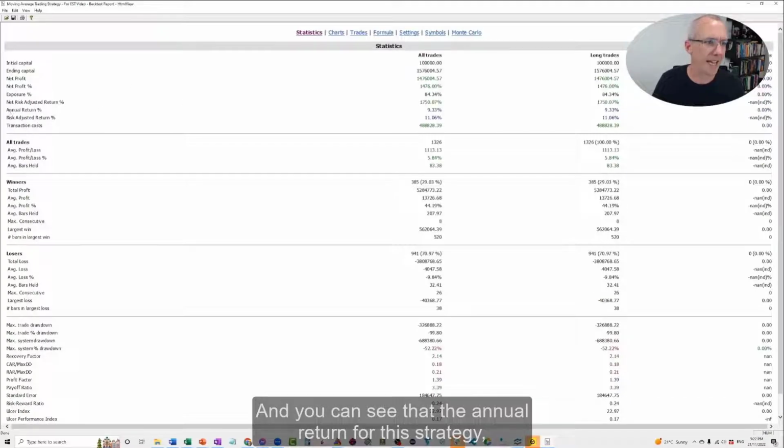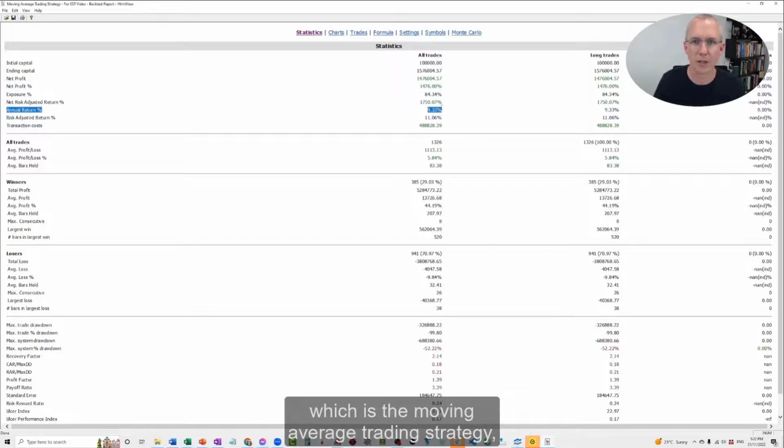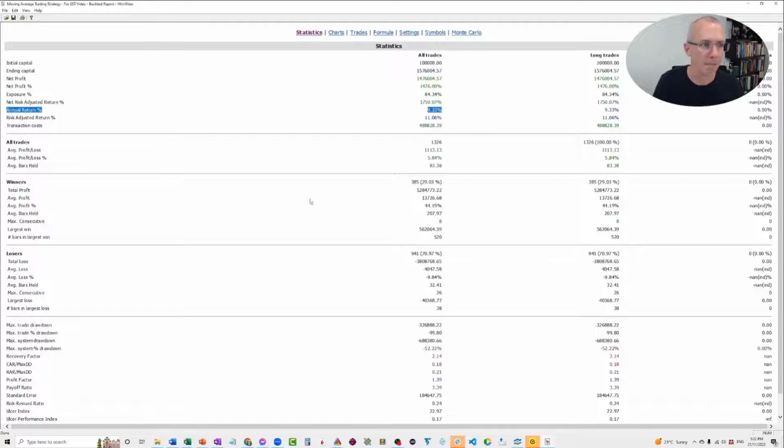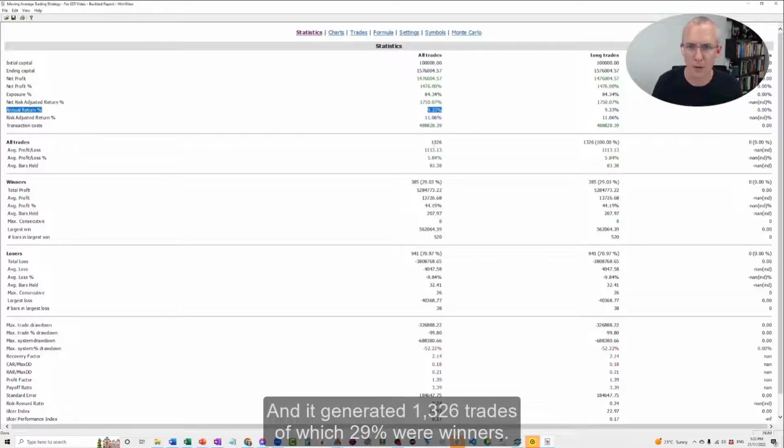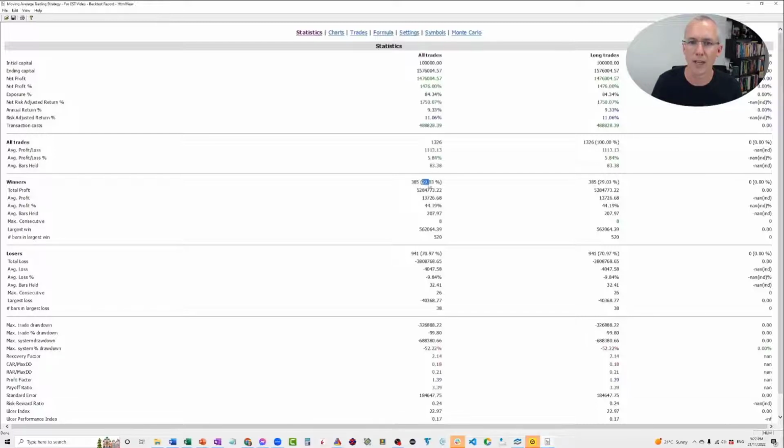And you can see that the annual return for this strategy, which is the moving average trading strategy, is 9.3% over the last 30-odd years or so. It generated 1,326 trades, of which 29% were winners. The average win was 44% profit,